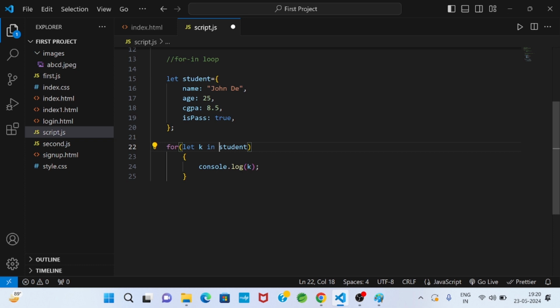First of all, we will see what it is representing. Remember, the for in loop deals with objects. That means first we take an object, and whatever properties the object contains: name, age, CGPA, pass. I can say it is a pair: the keys name, age, CGPA, pass, and the values John Day, 25, 8.5, true. So we can say it is a key-value pair.